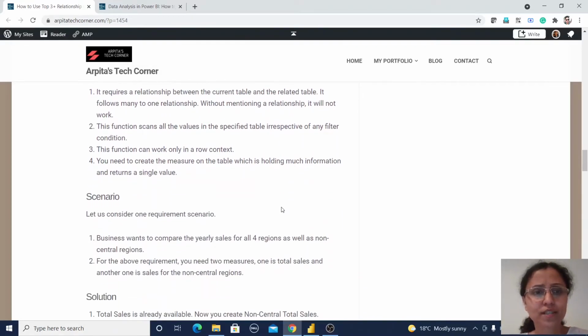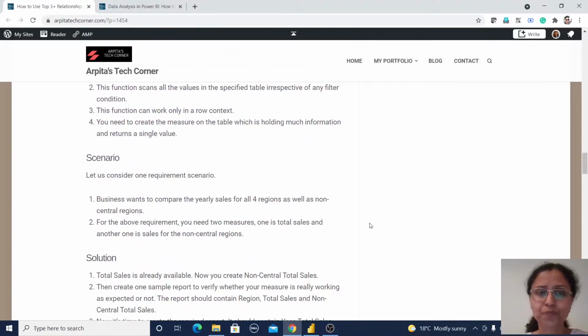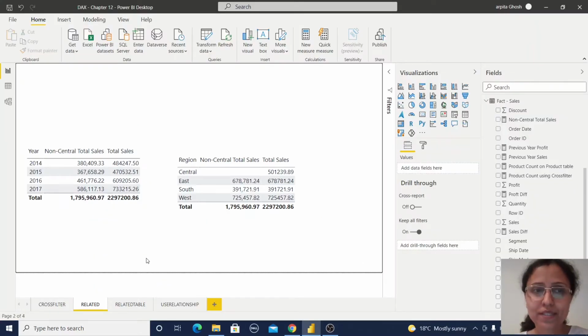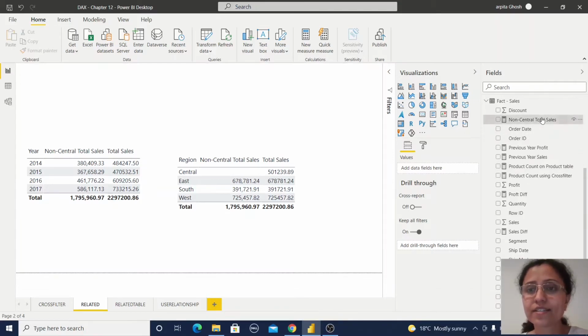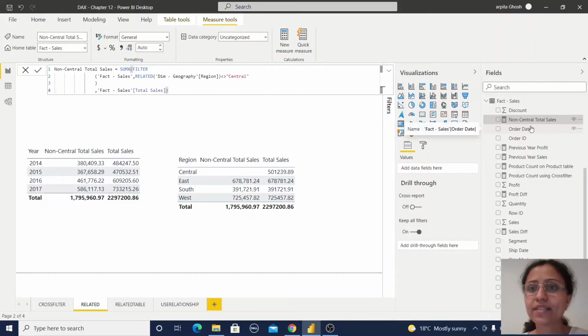So for example, if we have one scenario where the business wants to create the yearly sales for all regions as well as the non-central regions, then how will you implement this business requirement? To implement this, what I have done: we already have total sales value which is based on the 4 regions, and I have created another measure, non-central total sales, where I am using the SUMX function.